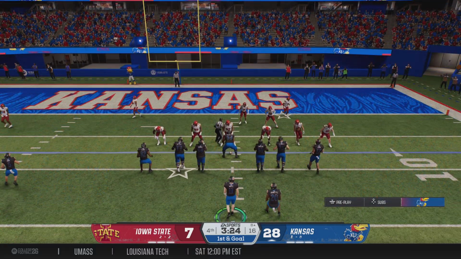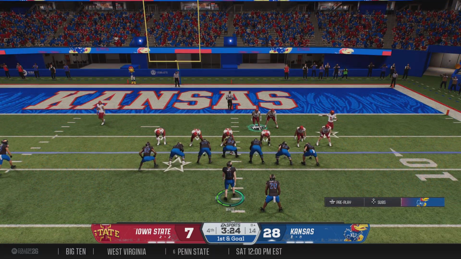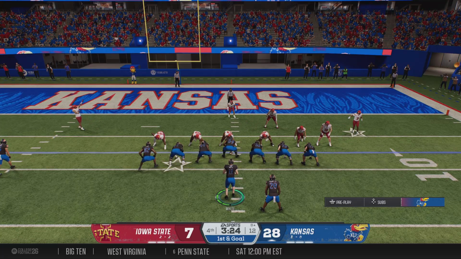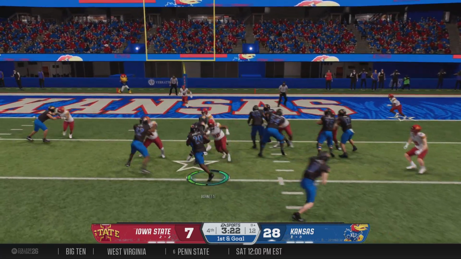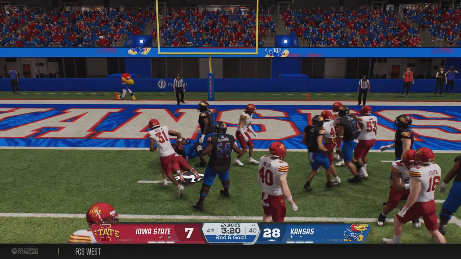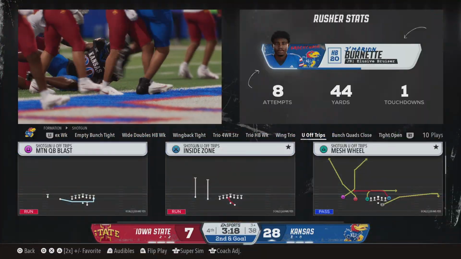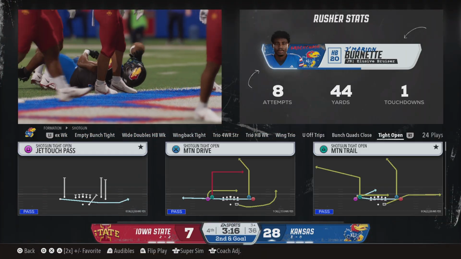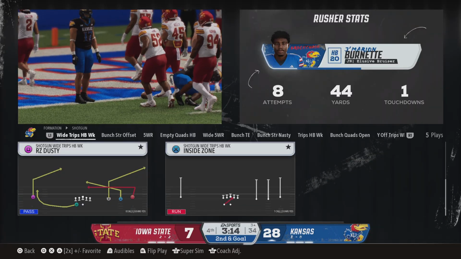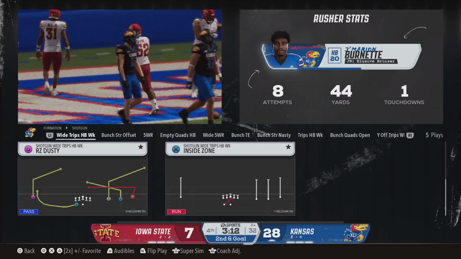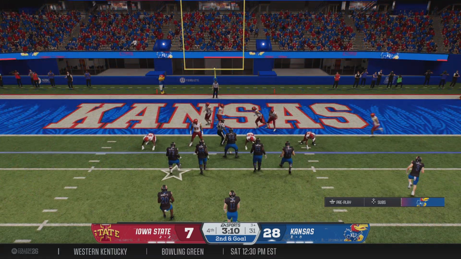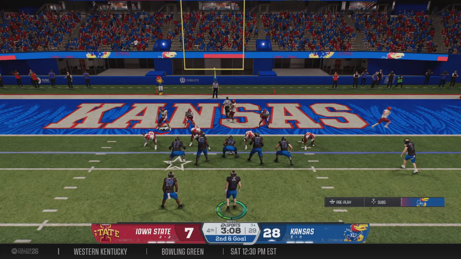The Jayhawks have it with a first and goal. They'll try to get it in with the run. He works his way all the way down to the 3, and the defense is reeling. See if they can get it done on second and goal.